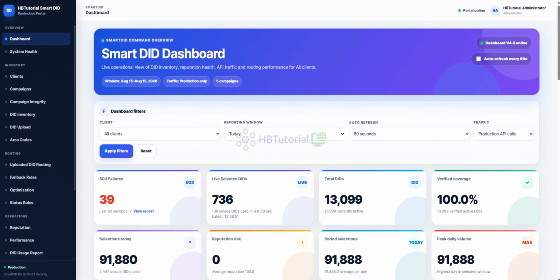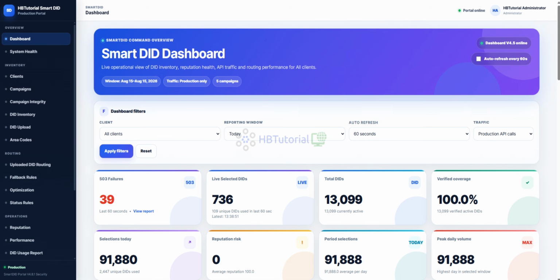But with this Smart DID solution, you just need to get the better area codes from your leads, and it will match the exact local presence, overlay, or the nearest states of those leads.